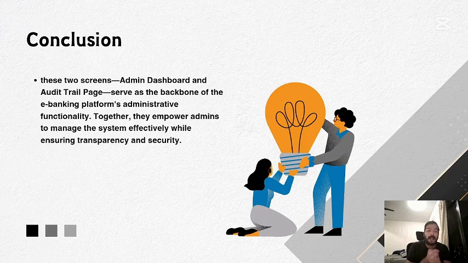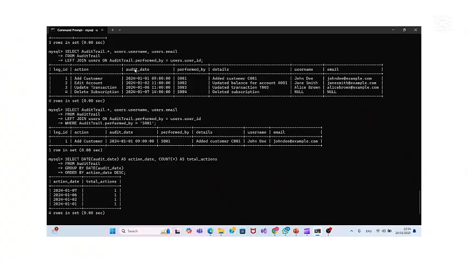Together, they empower admin to manage the system effectively while ensuring transparency and security. We use the left join to match performed by in audit trail with the user ID in users. If there is no match, the username and email are null. This filters the actions to only show those performed by a specific admin. After joining the tables, it applies a where clause to only show actions